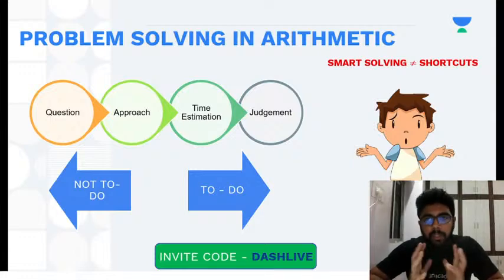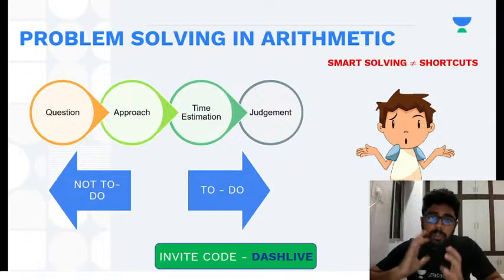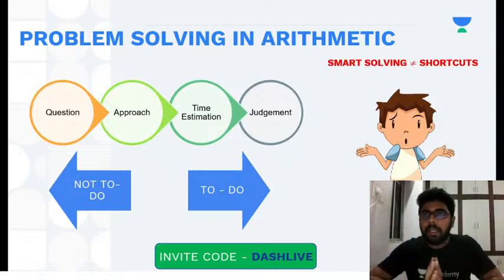But the challenge is, if you see in the exam, a lot of times the difficult questions are from this area. I'm not saying every question from this area is difficult, but a lot of times they are, because 90% of the students will rely on only this topic. Let's say I give you a question from simple and compound interest, and it's a difficult question, and you're wasting your time on that instead of solving some other question from, let's say, combination, because you would have skipped that chapter entirely and are just relying on arithmetic.